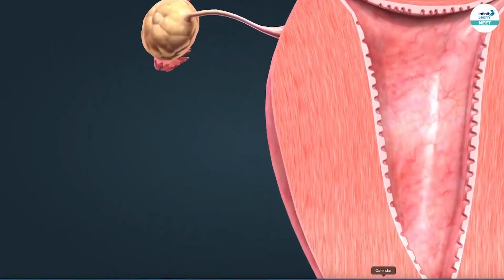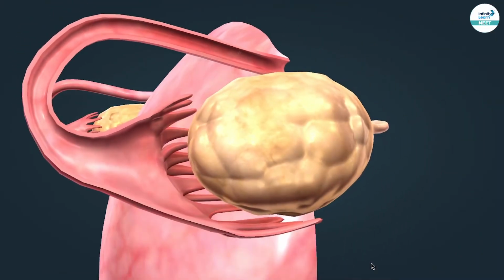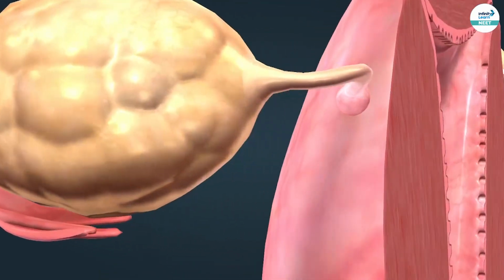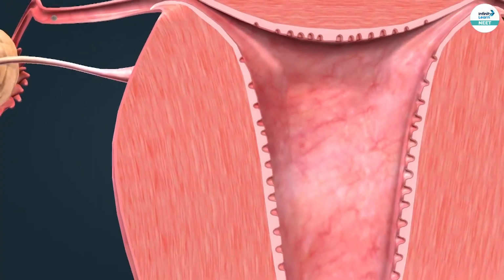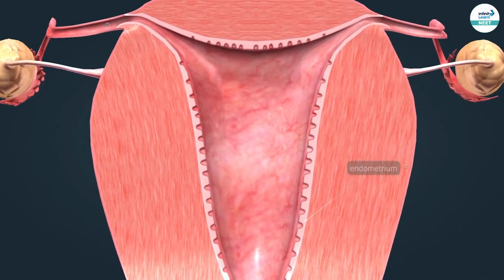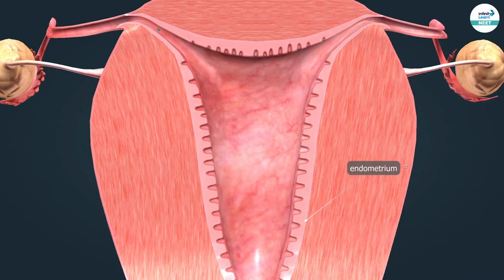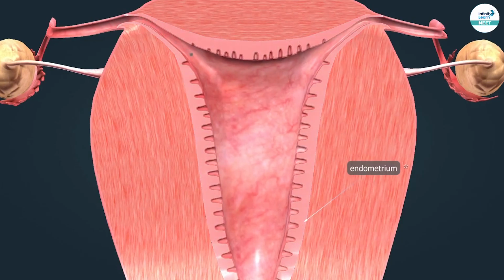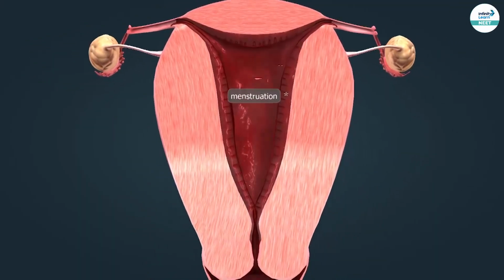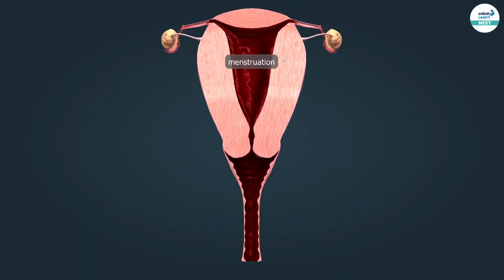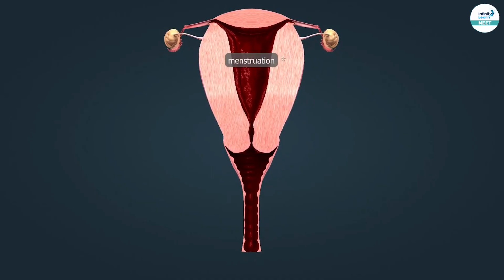Now, here we can see exactly what happens in the menstrual cycle. Over here you can clearly see that the secondary oocyte is released from the ovary, and when it is released, it is going to travel up to the ampullary region of the fallopian tube, right? And it's going to wait there for the sperm to fuse. Suppose the fusion does not take place, then what happens? Then the thick lining of the endometrium will shed away along with the secondary oocyte, and it will come out in the form of blood, which we call menstruation.